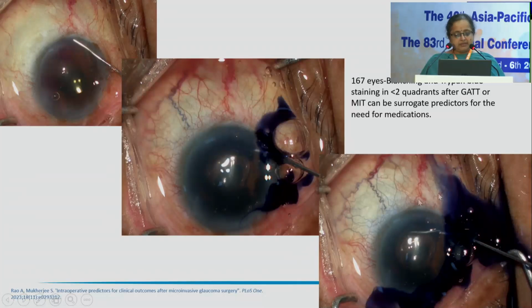And with time, as we keep injecting, the beauty is that it is as if some of the collector channels or veins have valves which open at a certain pressure. So if you keep injecting, not only this vein, but the rest of the deeper scleral plexuses also light up with the dye. So the deeper plexuses possibly operate at a higher pressure, whereas the superficial veins operate at a lower pressure. We don't know, but intraoperatively I tried doing this. We studied this in 167 eyes, both blanching as well as trypan blue.